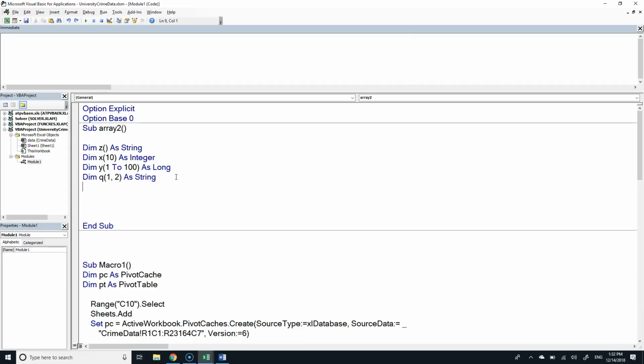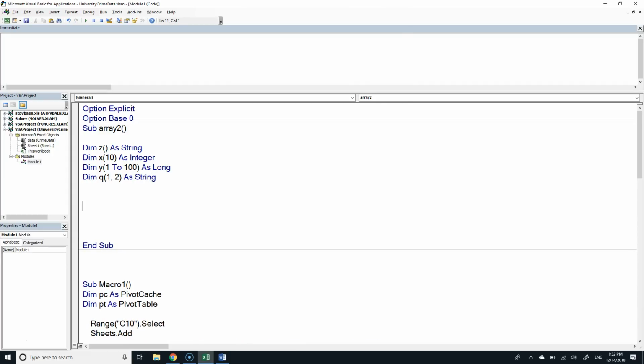Okay, so the question is, how do we refer to this? And here's the answer. There are 2 dimensions, so I have to supply 2 indices. So I can say 0, 1. That's identifying one of the variables in that array of variables, and it's a string. So that just gives me an indexing system to say how I'm going to refer to all the variables I just created.